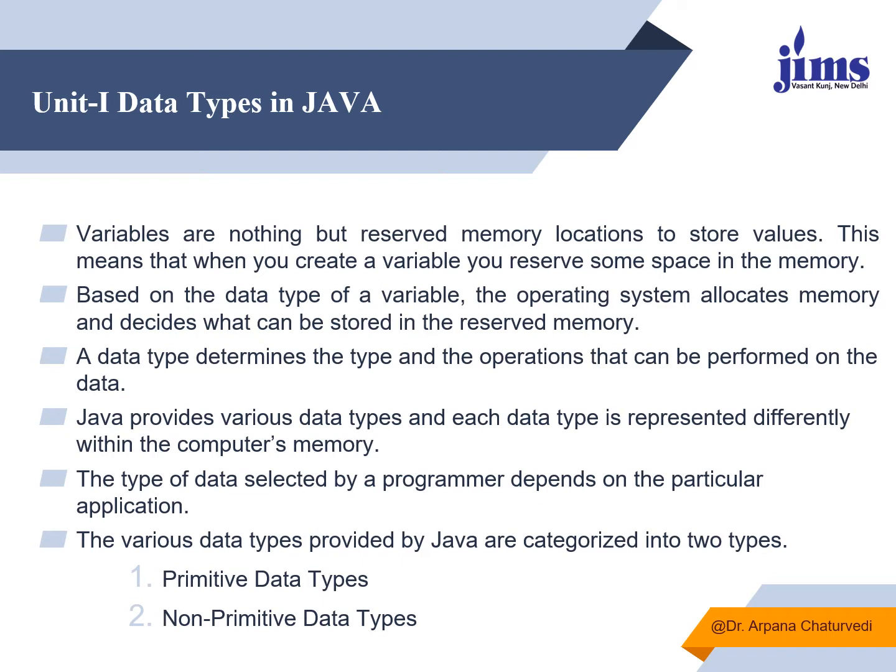Fine. Now, how much memory space will get allocated to that variable depends upon the type of information that variable will be holding in the operating system. So the type of information is determined, in Java or in any other language, by the data types supported by that particular language. Java provides different types of data types, and each data type is represented differently, with a different size of memory space to be consumed or reserved for that particular variable.